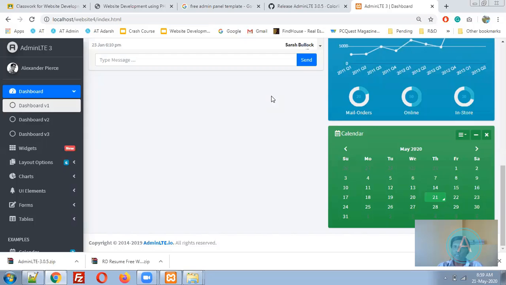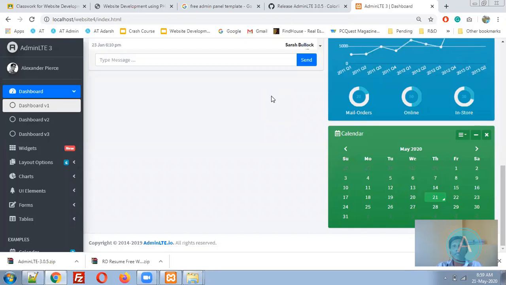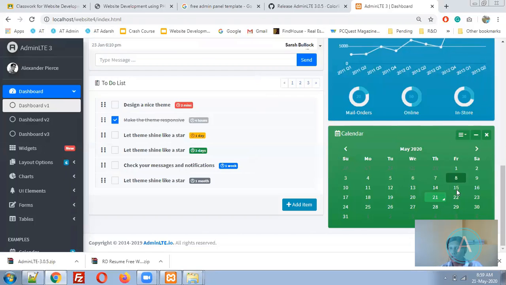So it is very easy to prepare such things. Suppose I assign you the task to prepare this calendar, then it will be too difficult. But if a ready-to-use calendar is available, we can use it. Just you need to understand a few things. This is the complete calendar.